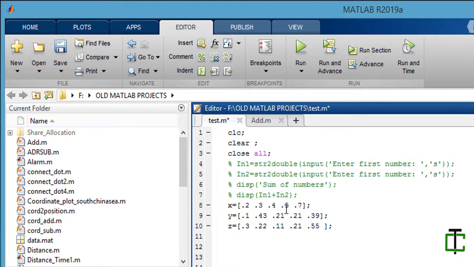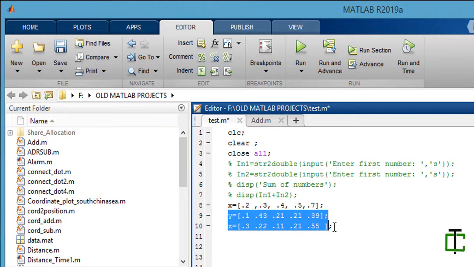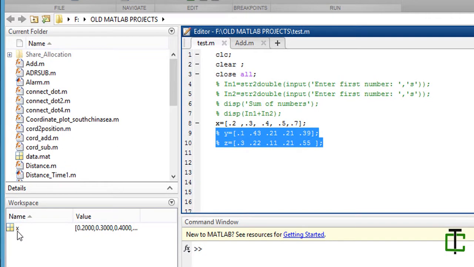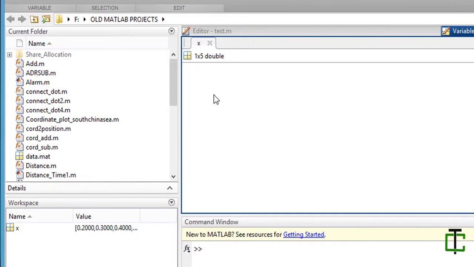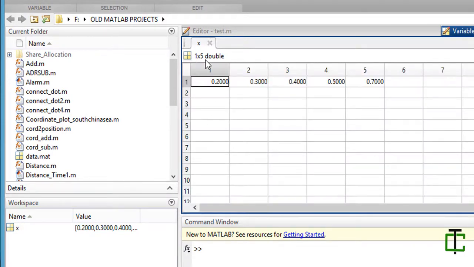Okay, so I have told you there, guys, if I put a comma here, let's comment this, run it. You can see here it's a 1 cross 5 matrix.